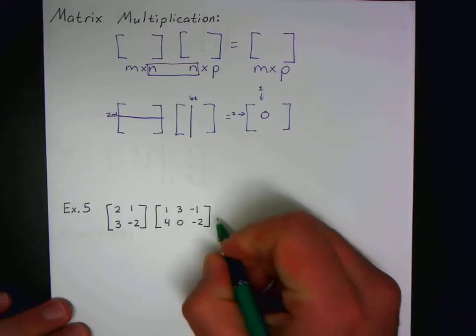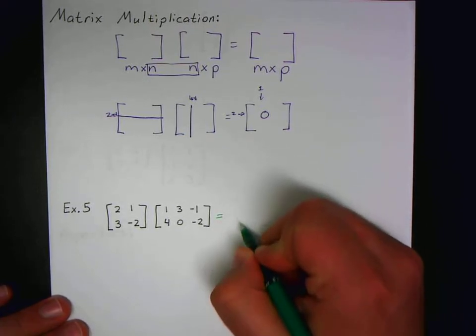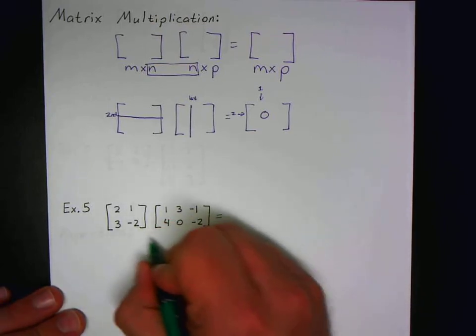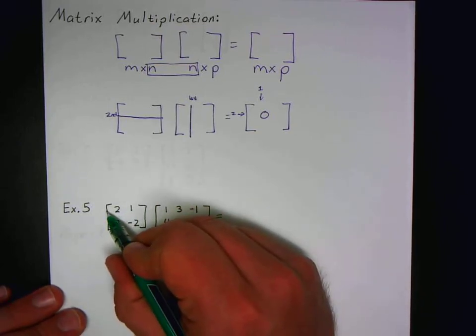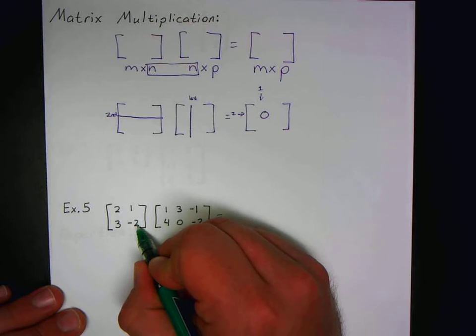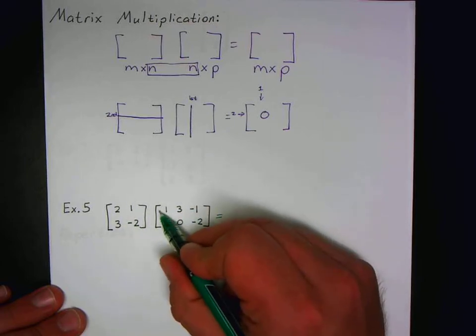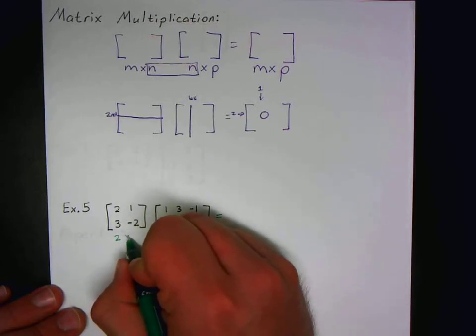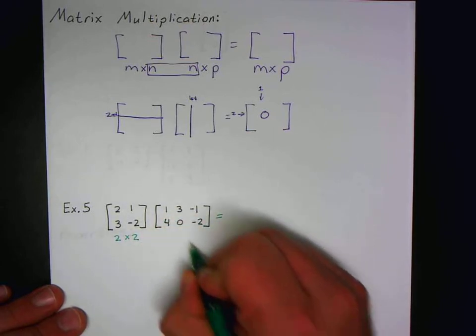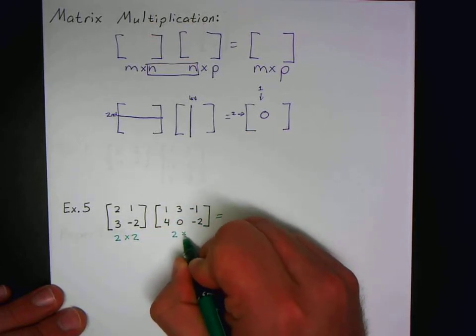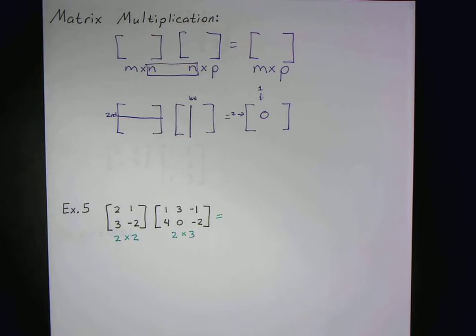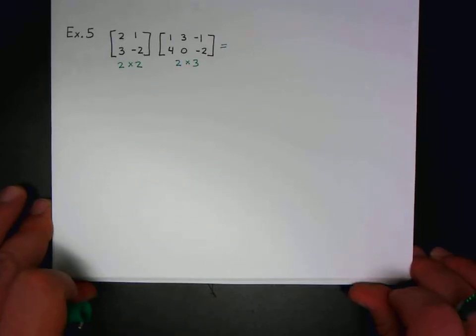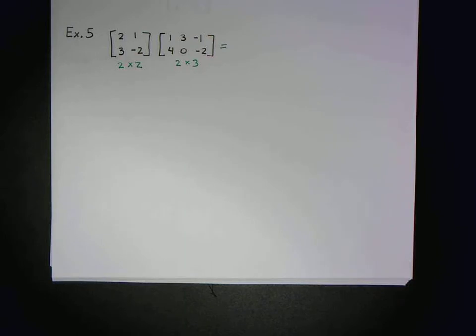Okay, so let me show you this on an example. First of all, notice this has 2 rows, 2 columns. Two rows, 3 columns. So I can multiply this. The way you actually see this, note whenever we take rows times columns,